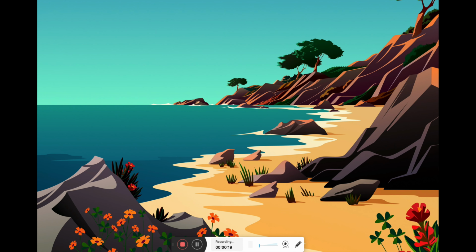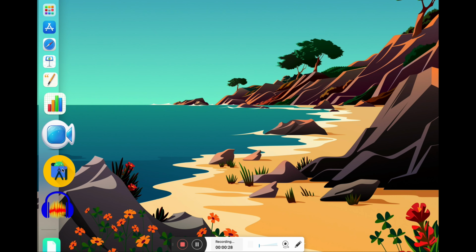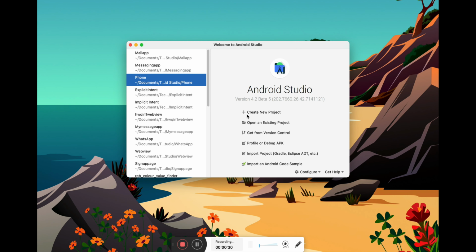So today we are going to start off with Android Studio, as I told you in the previous video. So now let's just start off with Android Studio. Let me open it and we're going to start off with a new project. You can click on this create new project button to create a new project,